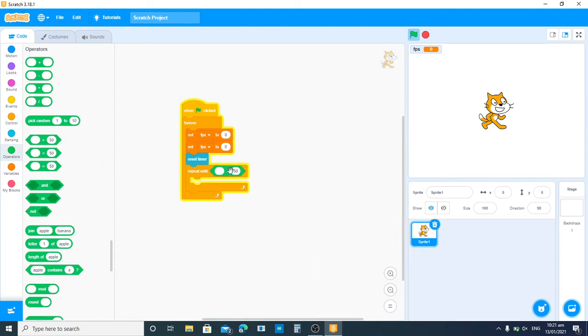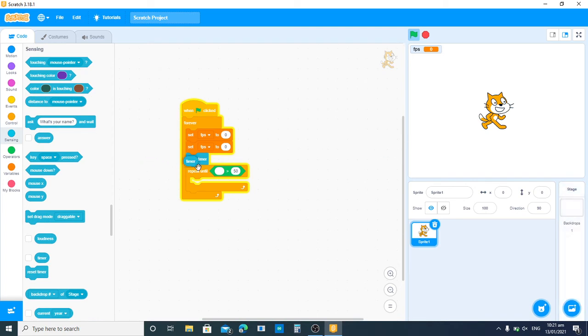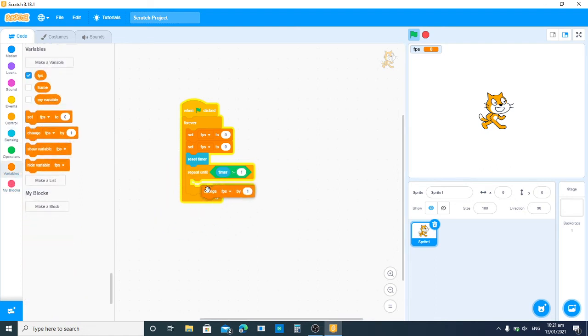grab this one, forgot what it's called, sensing, and go 1, then change frame by 1,